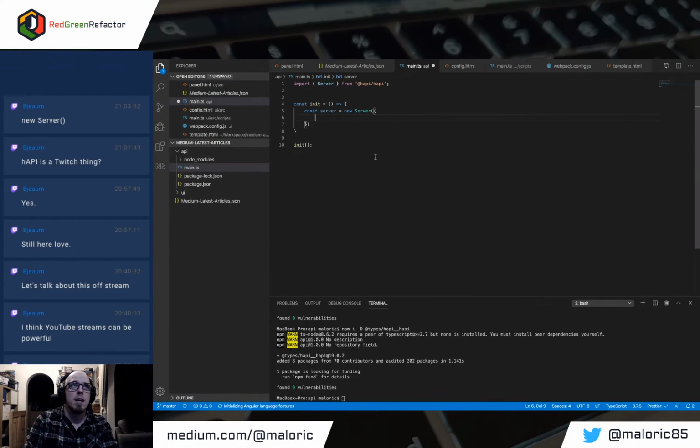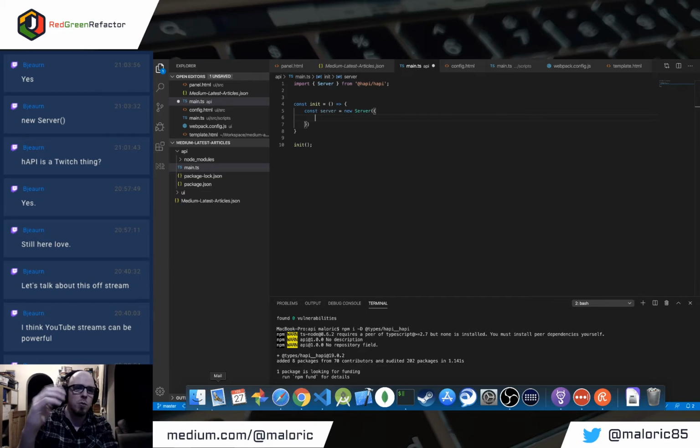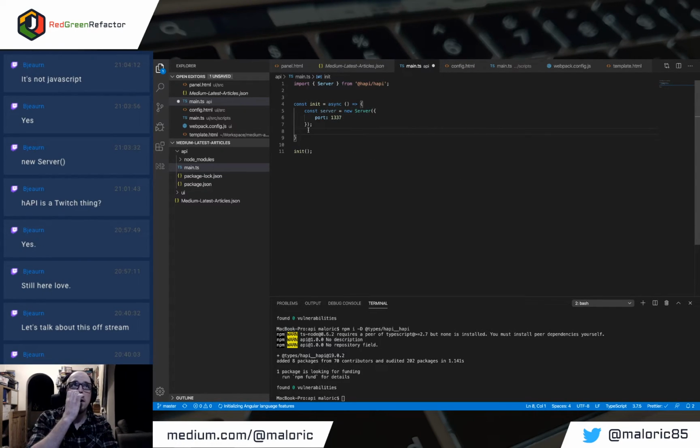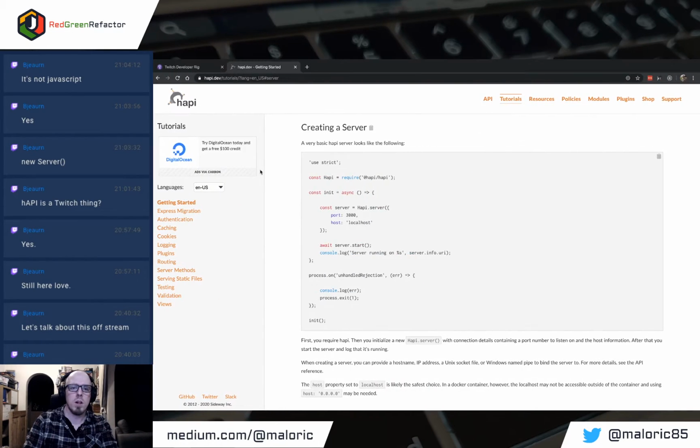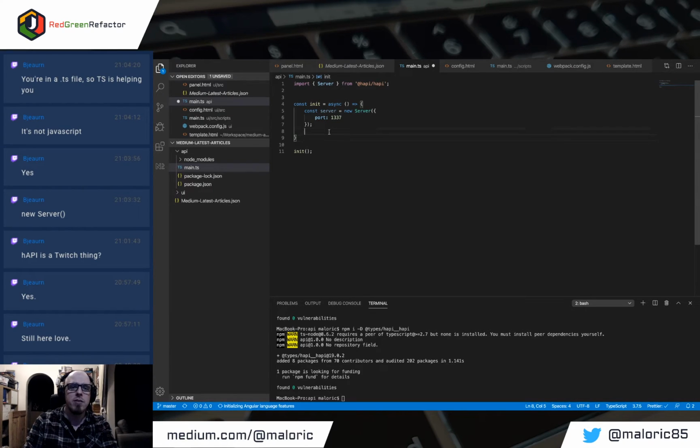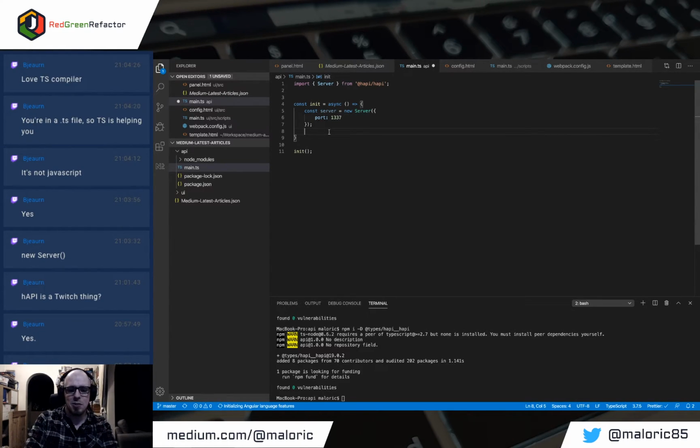Yeah, I'm not very good at translating JavaScript to TypeScript most of the time, especially not when I'm being watched. So, port. I'm going to choose the best port. And then I believe we've got to do, so let's make this an async function because it'll give us a promise. It's not JavaScript. Well, that's JavaScript, right? Well, that's what I mean. This is JavaScript. Yeah. Oh yeah. Well, TS is helping me. TS is trying to help me, but I'm not listening. So await server.start